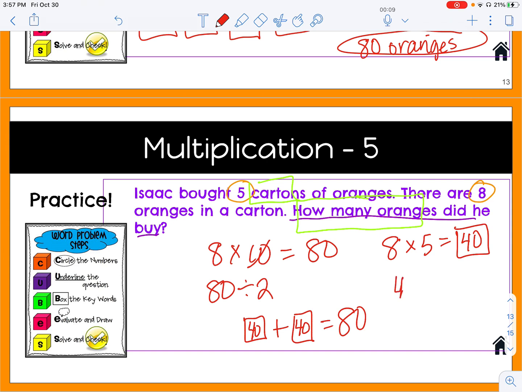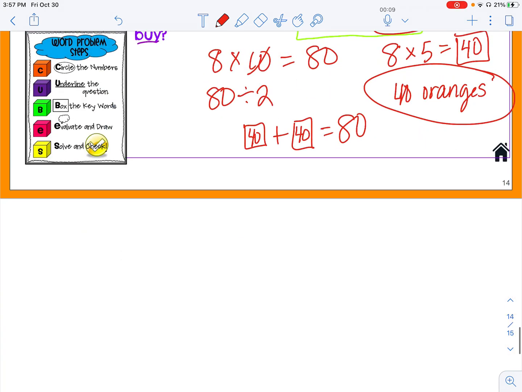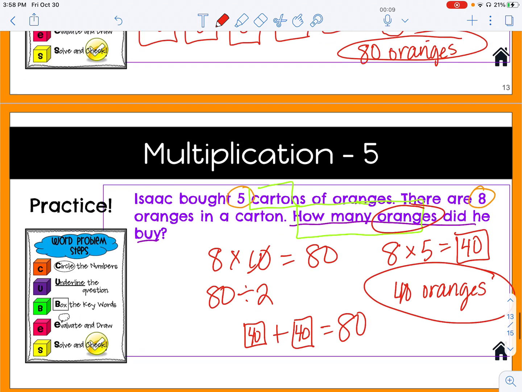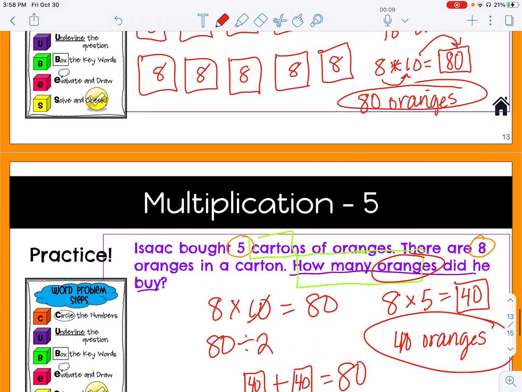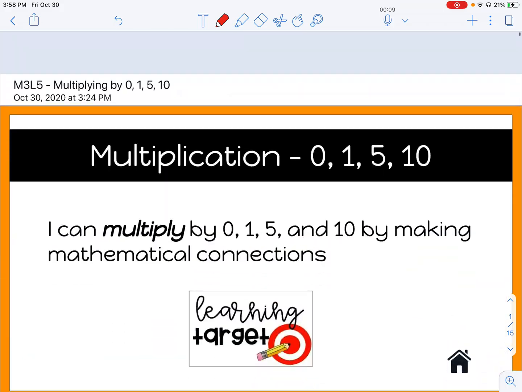I'm going to double check my work. And then I'm going to say 40, 40 what? 40 oranges. You're always looking for the variable that you're looking for. Okay. So, as you can see, there are lots of different ways to solve some multiplication problems, but